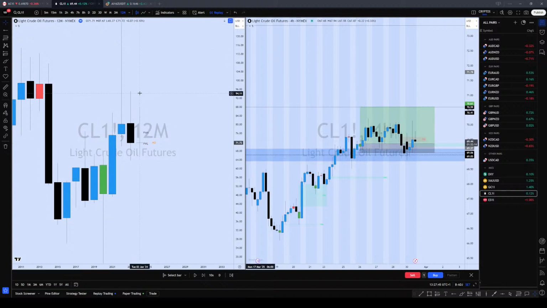For example, when 2022 ended, it took out this high. So what's 2023 going to do? Likely going to take out this low. And then when 2023 ended, we took out this low and then rejected. So what's 2024 going to do? Likely going to take out the high, but it didn't. So it ended up as an inside candle.